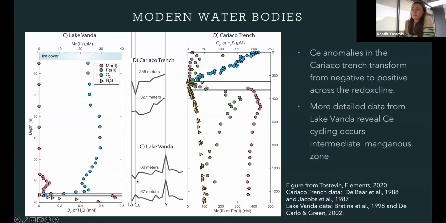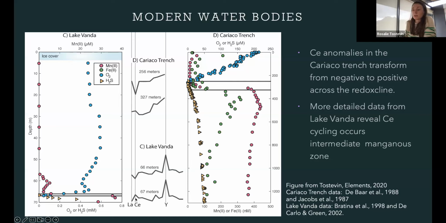And if we look at the rare earth element patterns from Lake Vanda from 66 meters, we see a big positive yttrium anomaly and a negative cerium anomaly. And 1 meter below that, we also see some similar hallmarks of the rare earth element signature, such as positive yttrium, but our cerium anomaly is completely inverted, and it's now a positive anomaly. And what I mean by that is that if you were to draw a line through this rare earth element pattern,